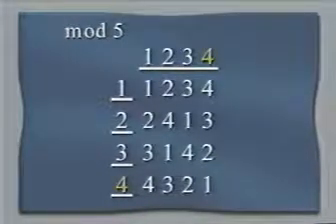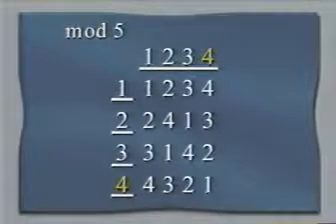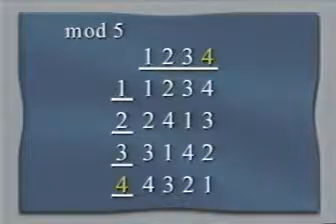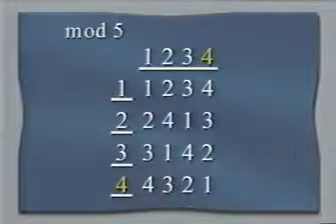4 times 4. Well, let's see. 4 times 4, that's 16. But there is no 16. There's no two-digit numbers. There's no number beyond 4. How would you do that? Well, what is 16? 16 is 3 times 5 plus 1. So which means you'd go around the clock 3 times, and then one more would be 16, which is 1. So in the modulo 5 number system, 4 times 4 is 1.